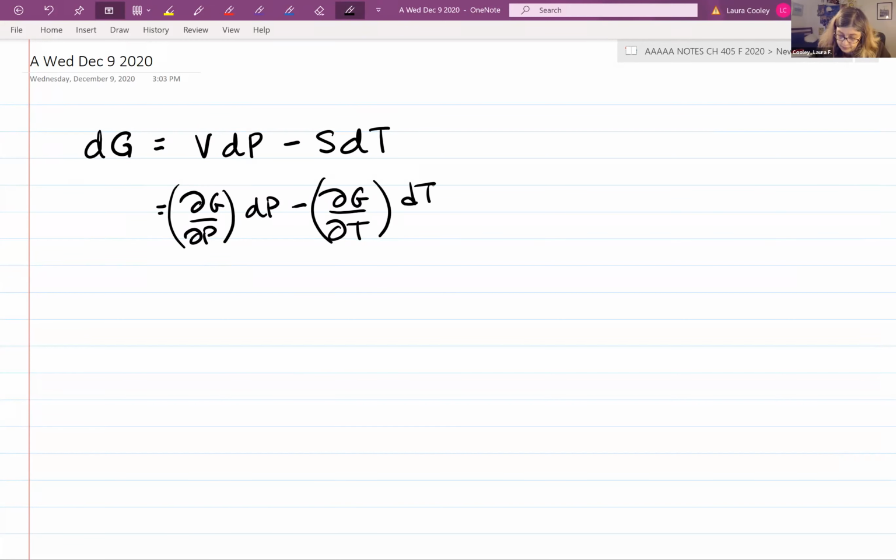What it meant is that we could equate the volume with dG/dP, and the negative of the entropy, sorry, this is a plus sign here, the negative of the entropy with dG/dT. So we spent a lot of time, we used this extensively